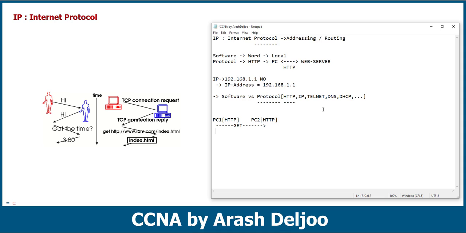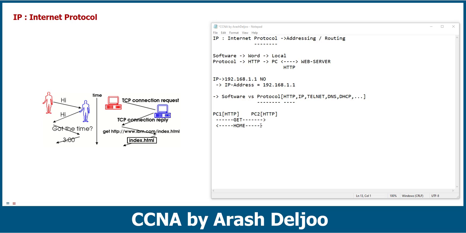And after that, PC2 should send the home page of, for example, the website to PC1. Here we have some details. I'm not going to talk about the details because it is not our goal for understanding the HTTP message at this time. I only want to say that if you want to communicate between two systems for any reason,